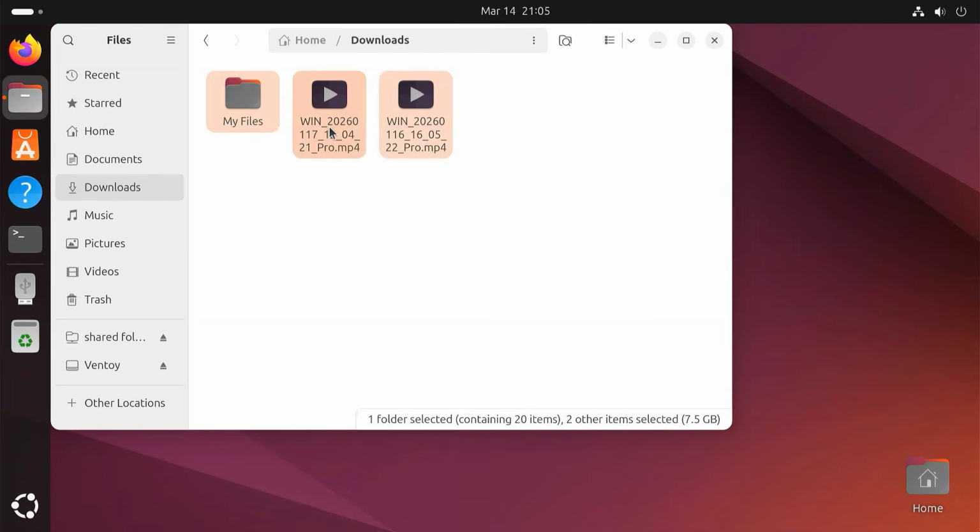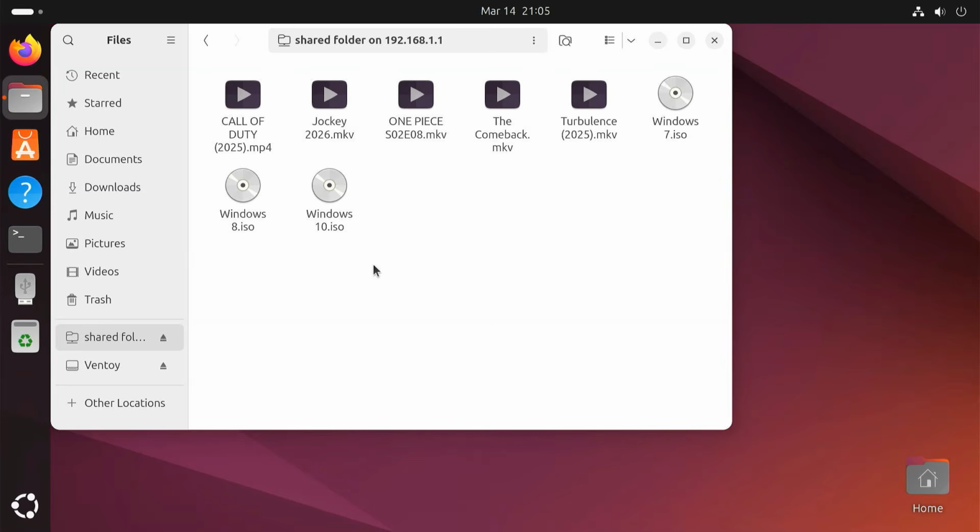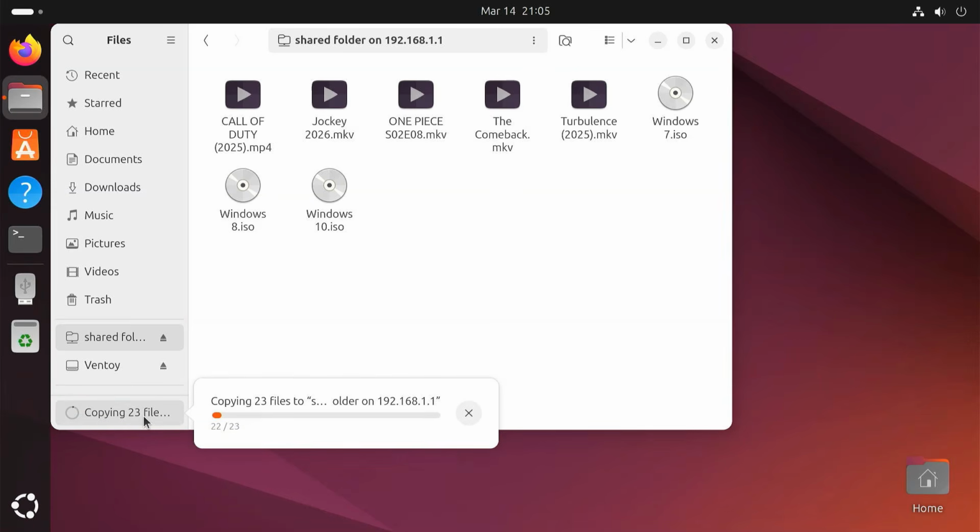You can also drag files from Ubuntu into that shared folder on Windows. Since we gave the local user full control in both the sharing and security permissions, read and write access should work properly. That makes this method perfect for transferring large games, movies, backups, disk images, and other heavy data between